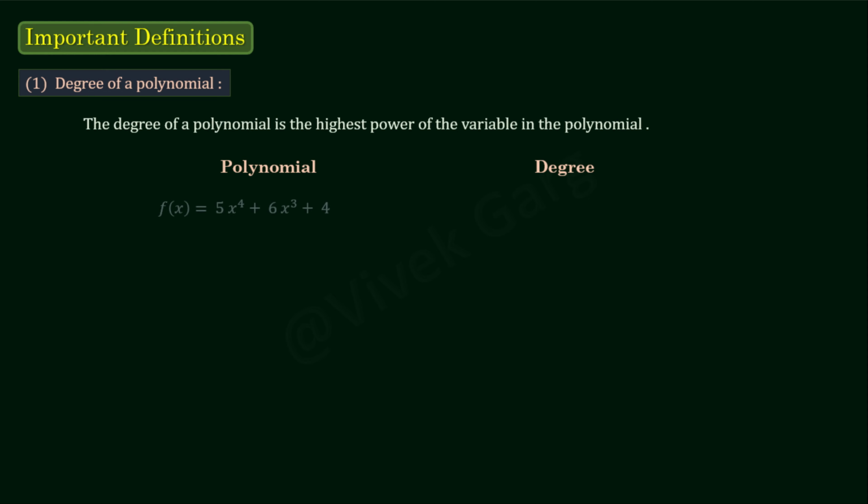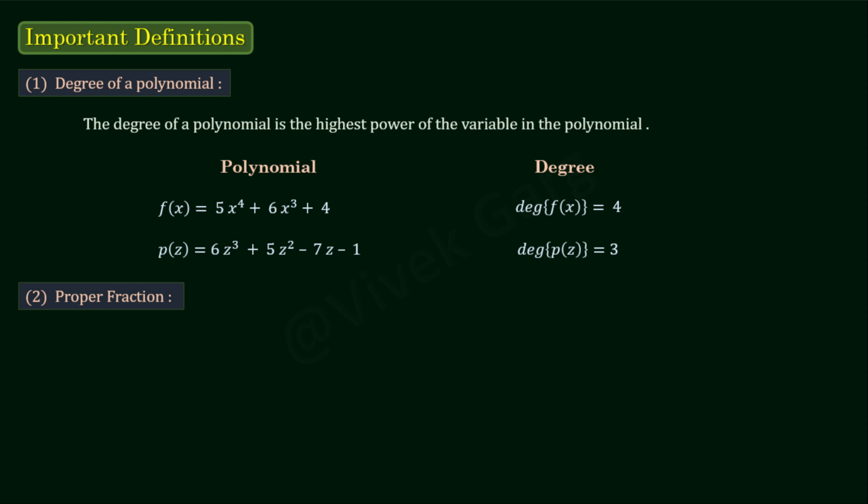First, degree of a polynomial. The degree of a polynomial is the highest power of the variable in the polynomial. For example, second, proper fraction. A rational expression is called a proper fraction if degree of numerator is less than degree of denominator. For example,